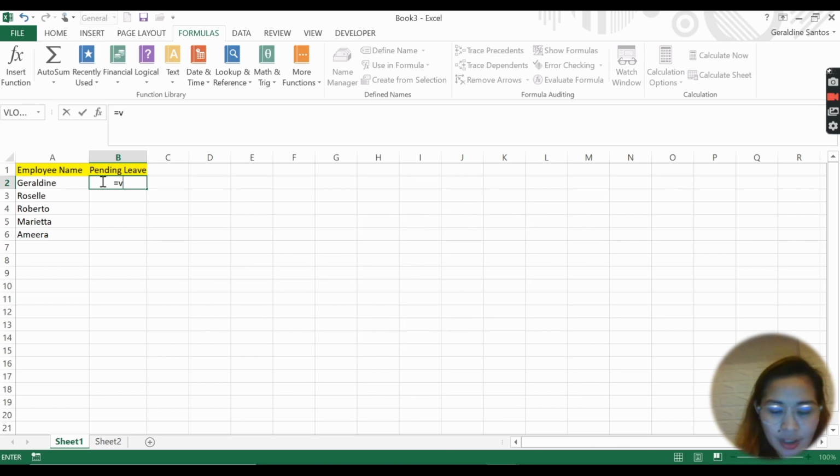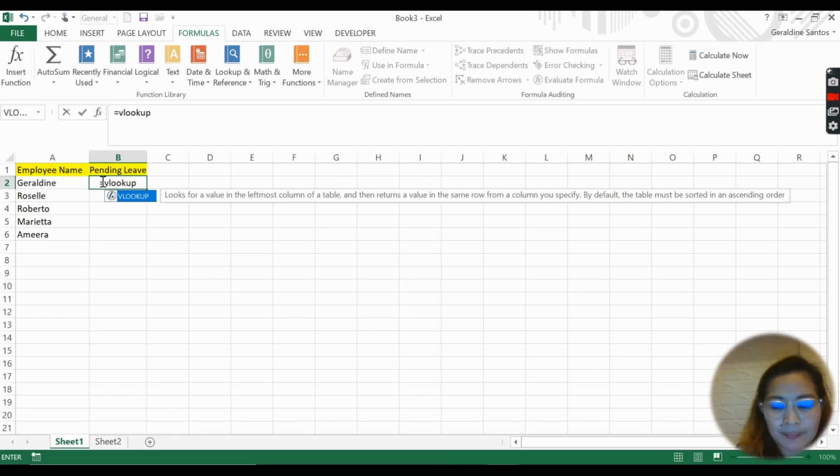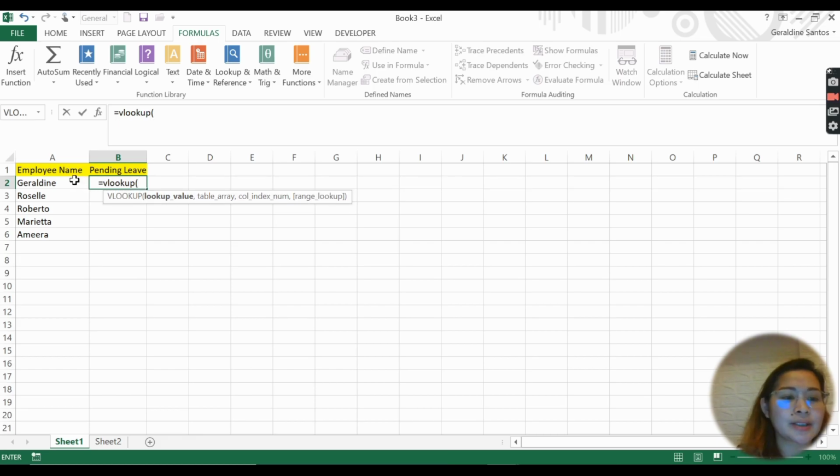So equal, your formula VLOOKUP, open parenthesis, then the one you want to look up, you will highlight it. I want to look up the pending leave of Geraldine. So now I will highlight the name Geraldine. If you will see, it becomes a running cell.